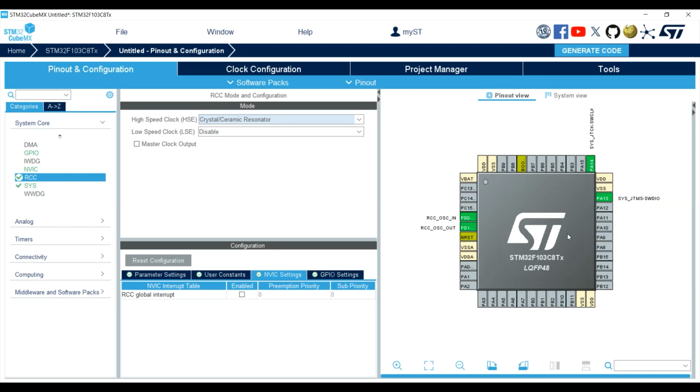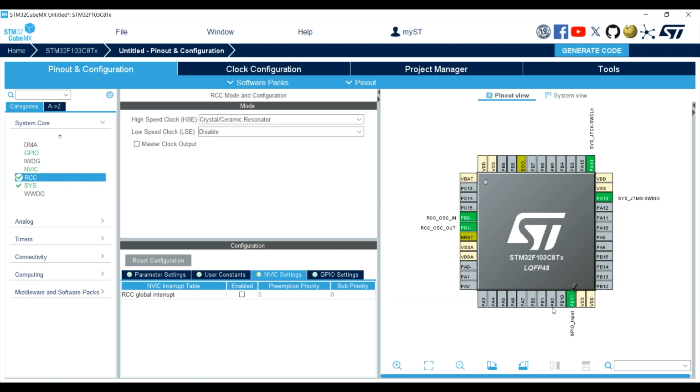As we said before, our input in this project is B11. So we need to find B11 because the push button is connected to this pin. Here is pin B11. We click on it and we need to find GPIO input, because the push button is connected to this, so it is our input.